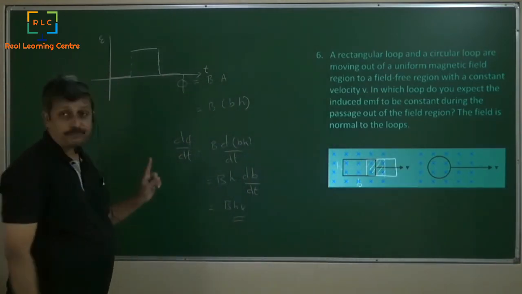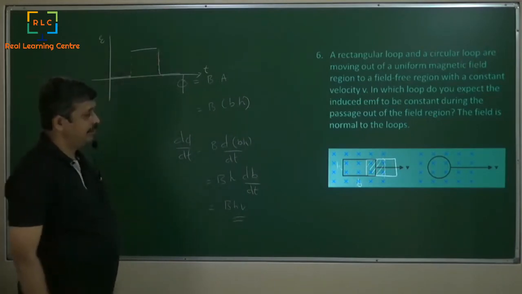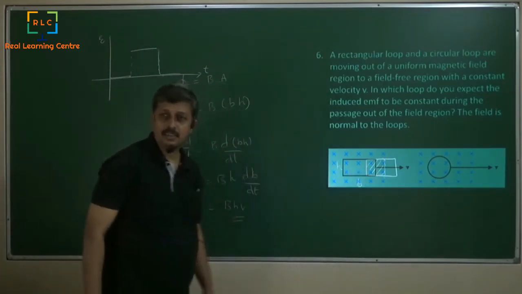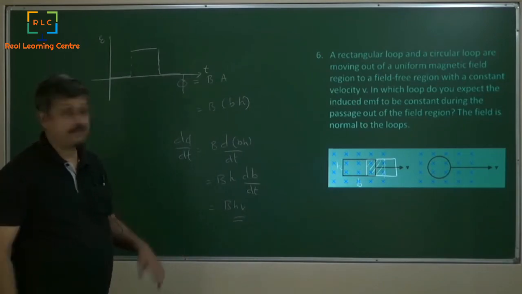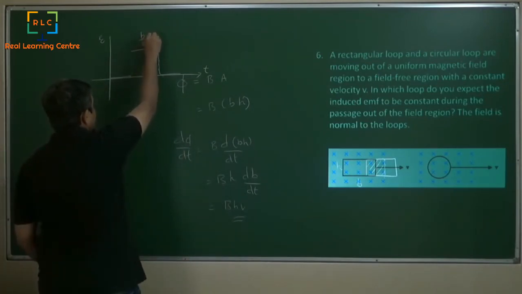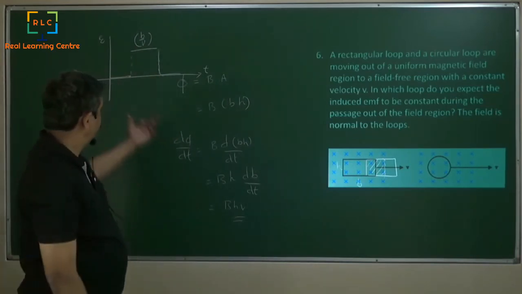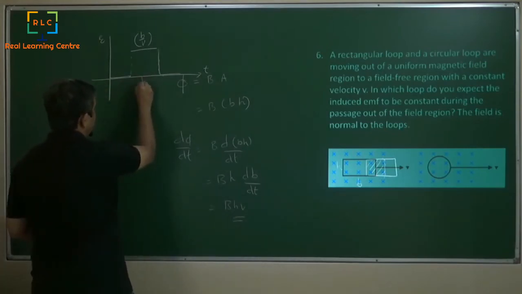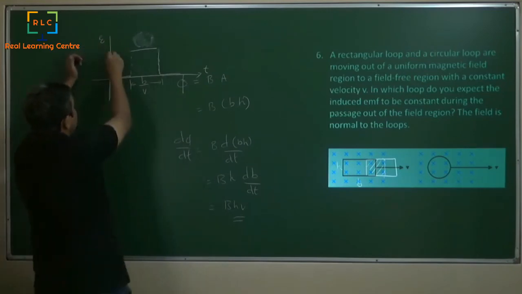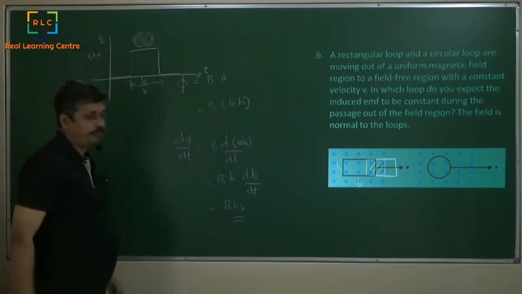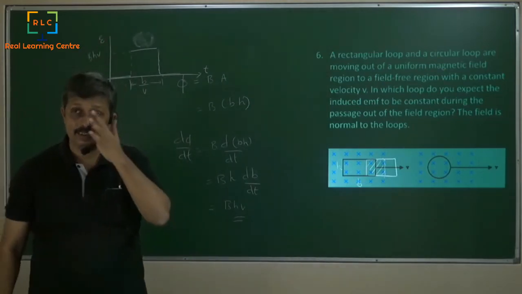Now think about this. How much will be the width of this? This is basically the distance b divided by the velocity v, so b by v. Distance is equal to time into velocity, so b by v is the duration. Okay, this height is actually bhv. This is how it changes in the case of a